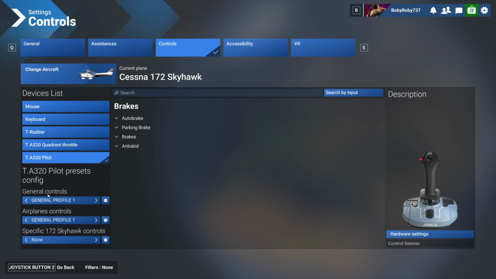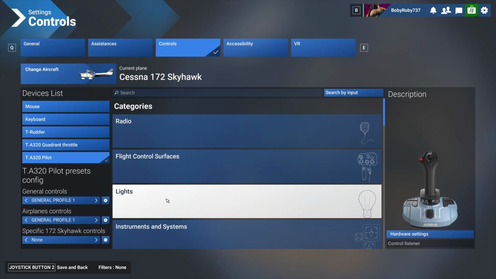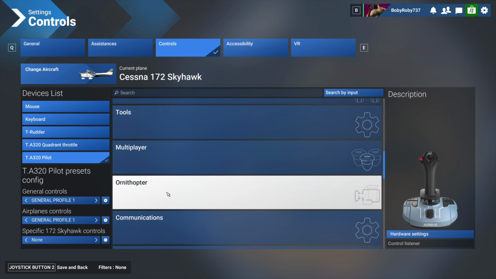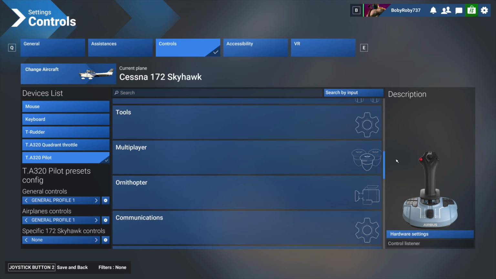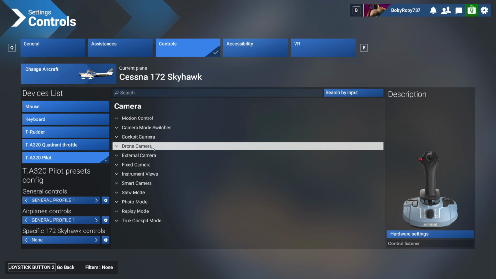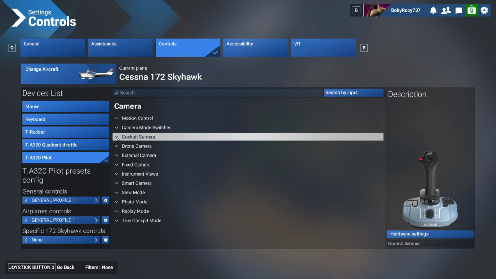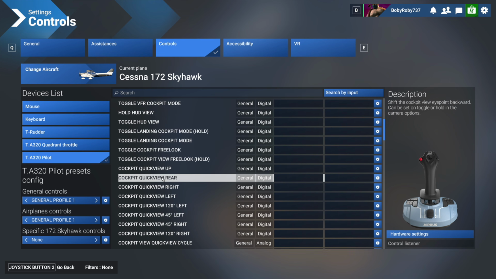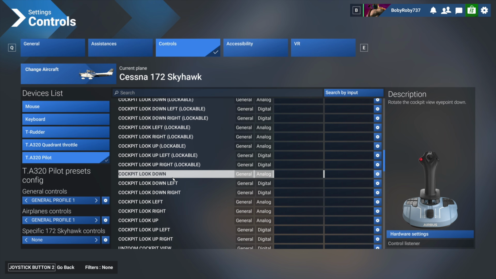But another thing I wanted to show you guys is the camera functions, which usually fall under general controls, right? So we go back and look for camera, because I would like to assign my head switch, this head switch on the top over here. So we click on camera and go into cockpit camera. Click on it once, and what we are looking for is